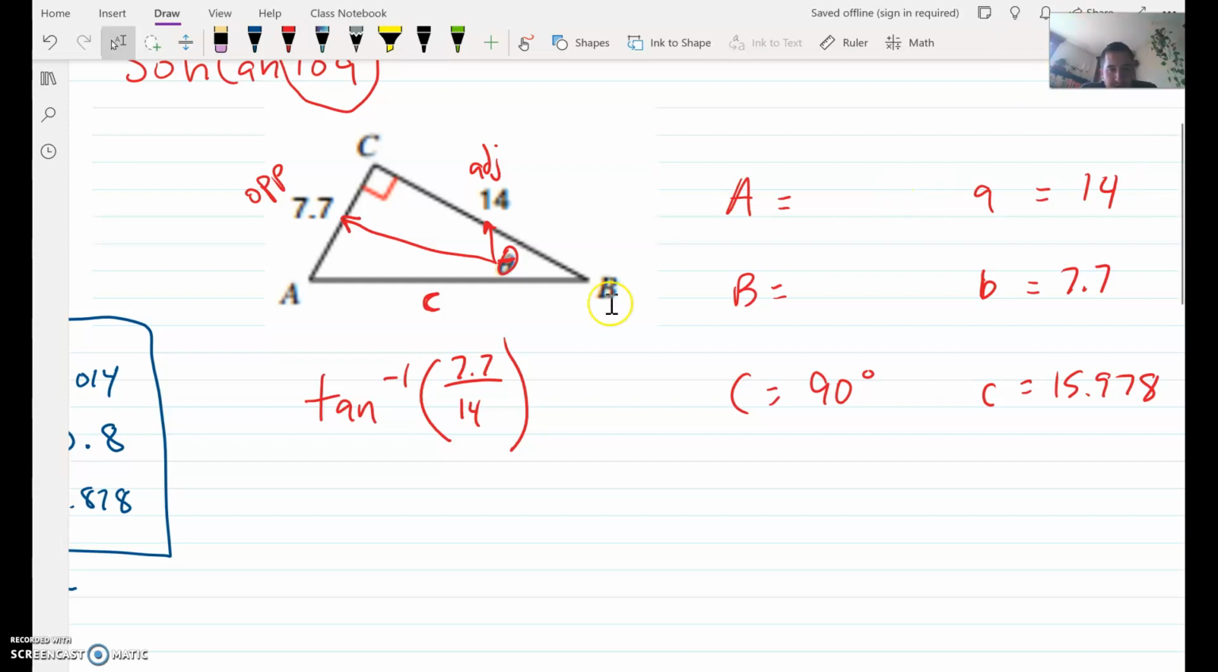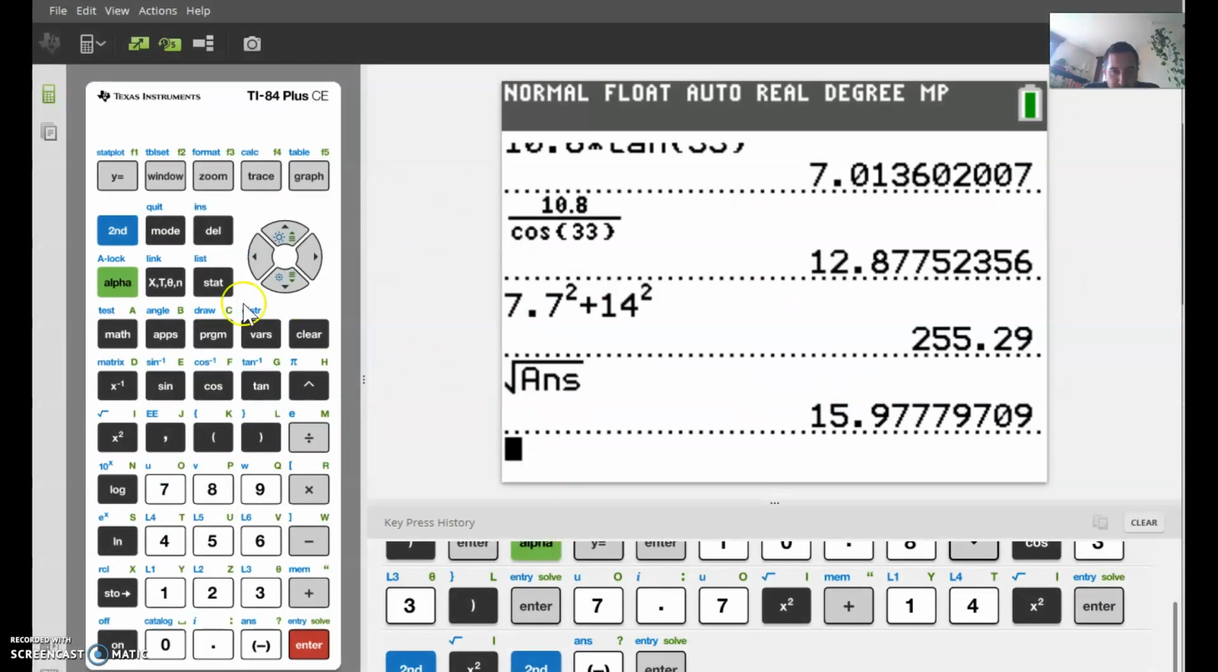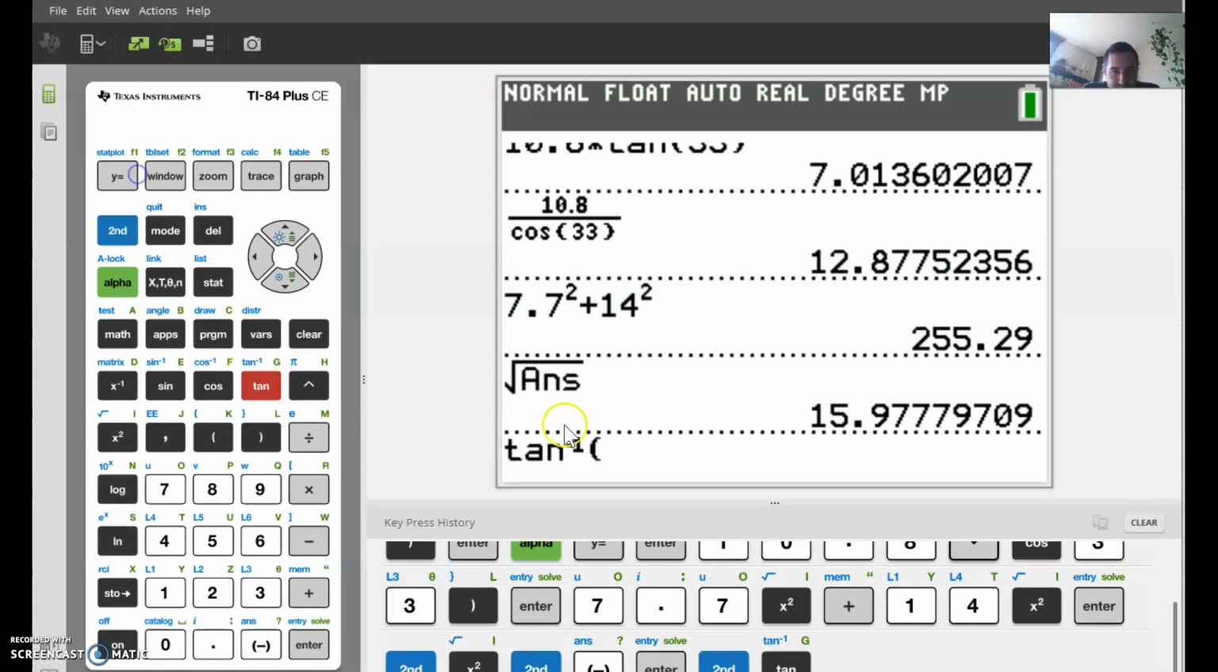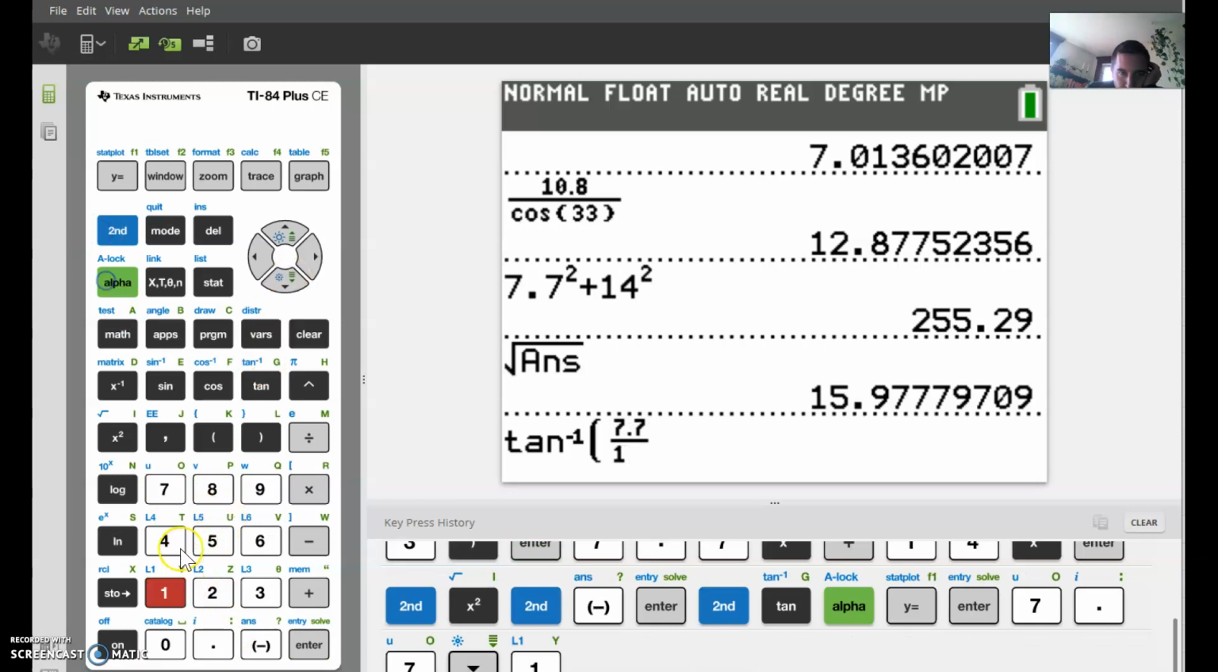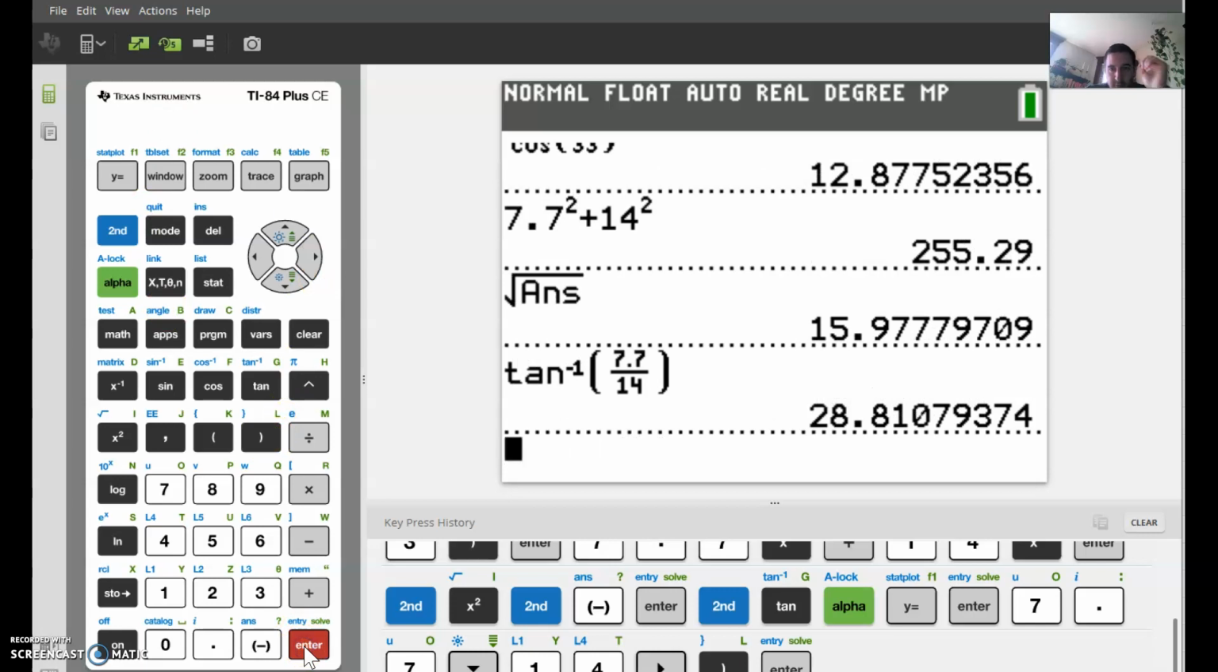So let's use our calculator. Inverse tangent of 7.7 divided by 14. You press second tangent to get the inverse tangent, and then alpha y equals to get our fraction bar. 7.7 over 14. Boom, 28.8. For angles, I like to round to the nearest degree,